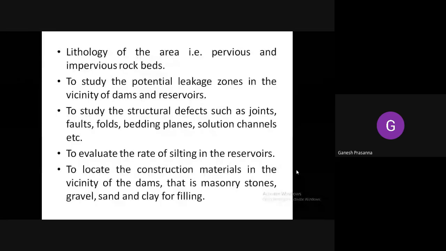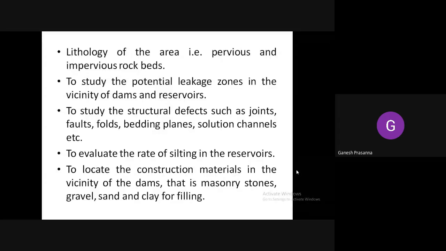Leakage zones are very important nowadays because groundwater depletion is very high and groundwater exploitation is very excessive. At one point of time, in parts of Malnad and Chikmagaluru, you could expect groundwater at 300 to 400 feet. But now, in parts of Chikmagaluru and Shimoga itself, the groundwater has gone beyond 800 feet.